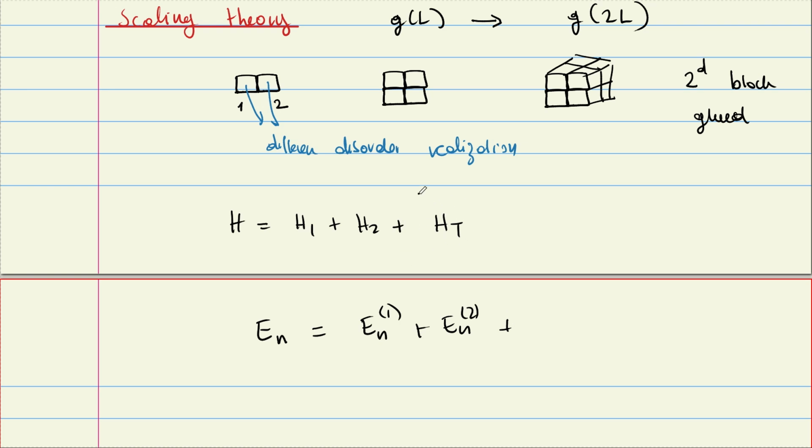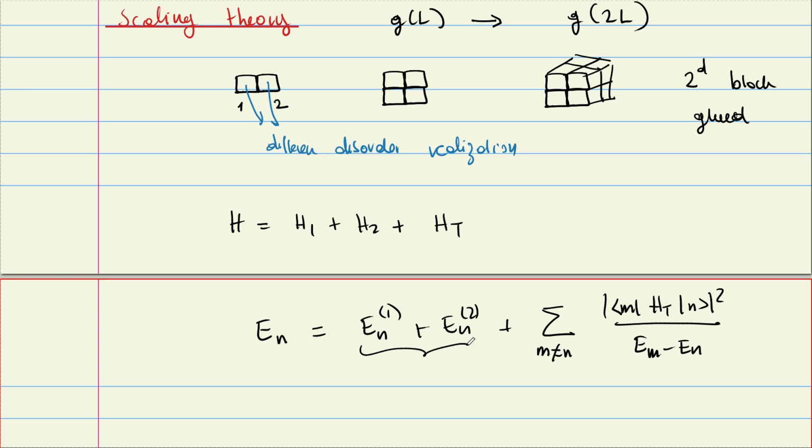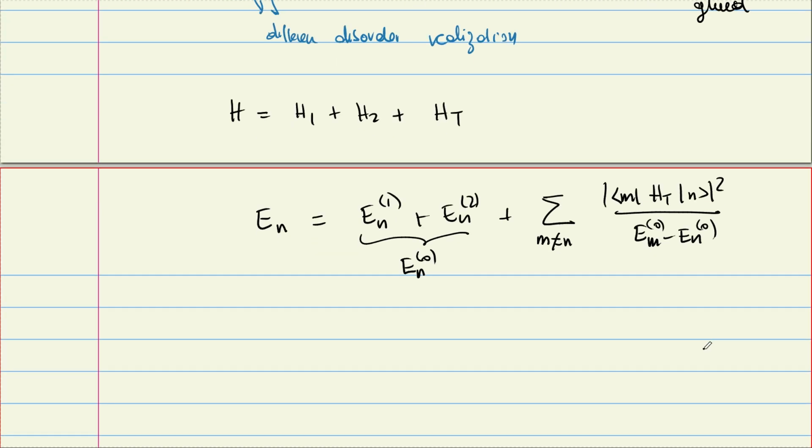Actually, there will be no first order correction because of tunneling, and the second order is going to be something like this, M not equal to N. There is this matrix element of H tunneling between M and N, squared, divided by something like EM minus En. Actually, let me call this total object En0, and this is going to be EM0. And higher order terms also have exactly the same structure. And we can also write down exactly the same thing for psi, and so on.